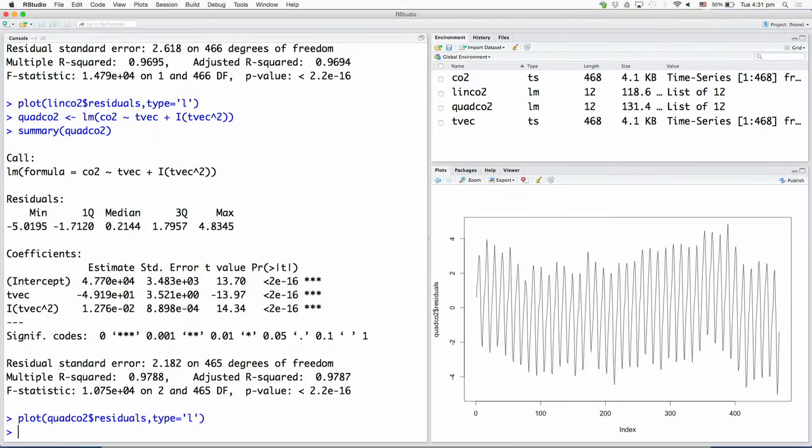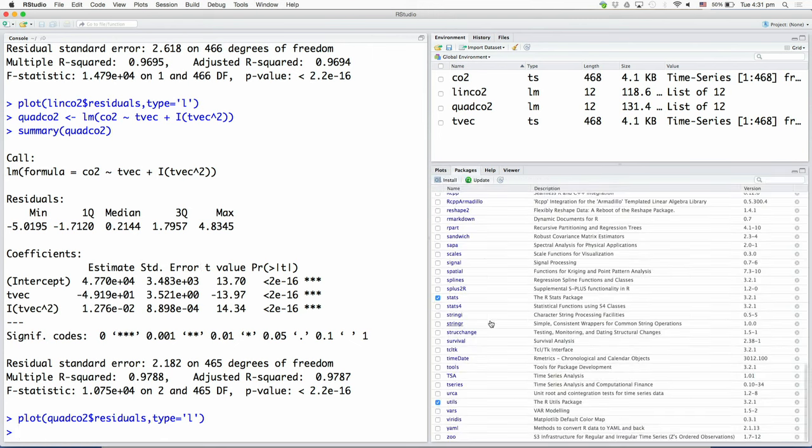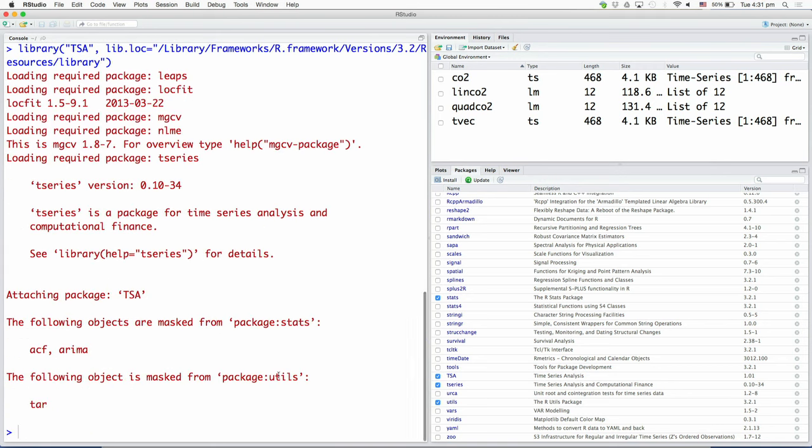Now, the base package in R does come with tools to perform spectral analysis or Fourier analysis. There is a command called spectrum, but I prefer the time series analysis package, and it is called the TSA, and I am going to load that because it has a nicely wrapped routine which is built on the base package to do the spectral analysis for me. So, I have loaded the TSA package, and you should see this kind of a display.